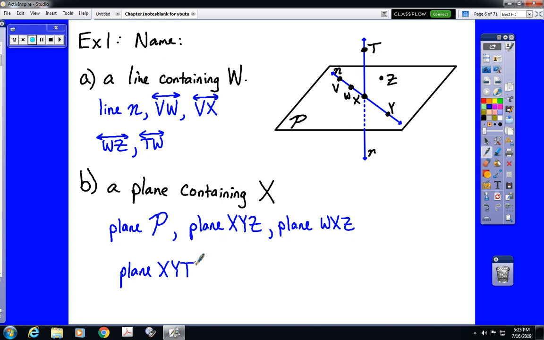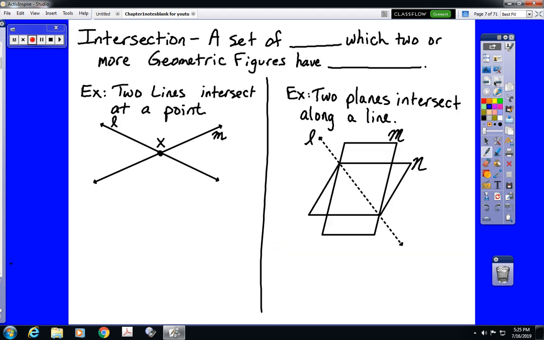Okay, next up, we have another vocabulary word, and that is the word intersection. Intersection is defined as a set of points which two or more geometric figures have in common. Now, let's look at a couple examples of this. First of all, when we have two lines that intersect, they always intersect at a point. So we would say point X is the intersection